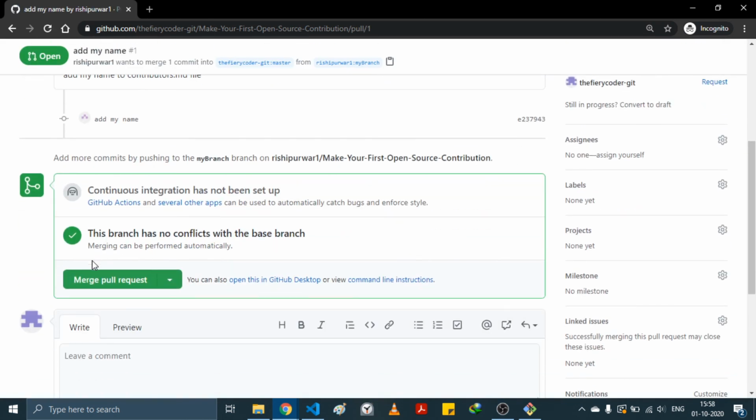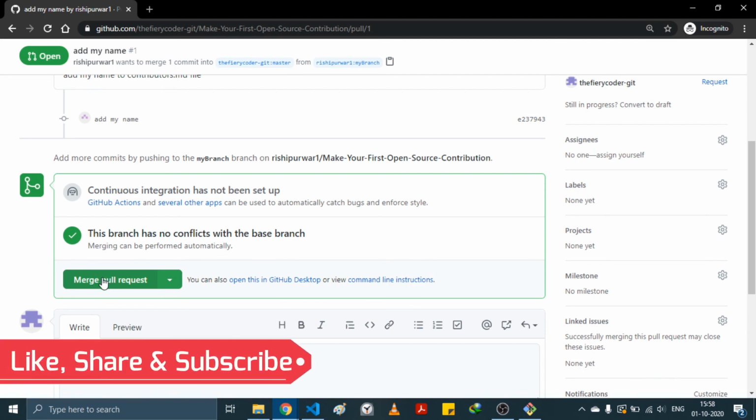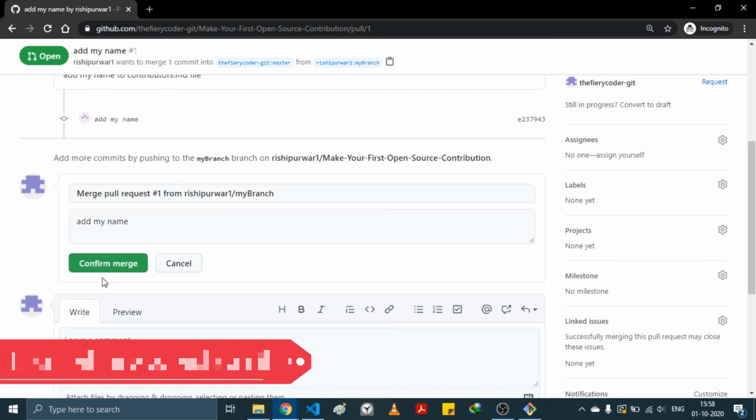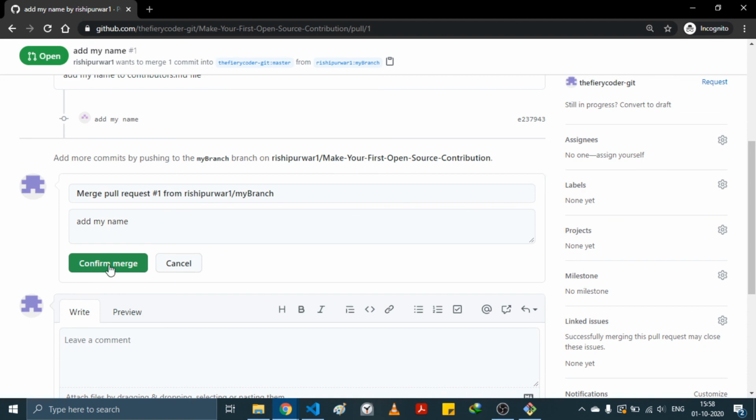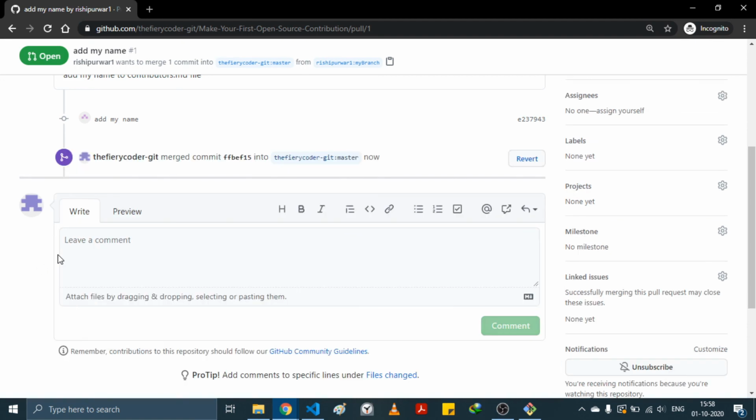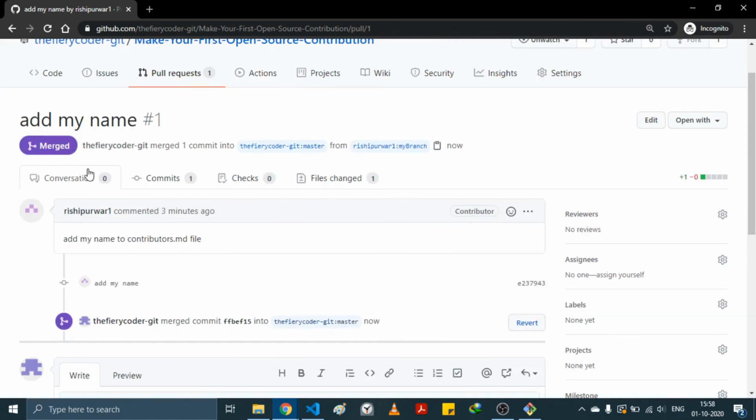If the owner wants to merge your pull request, he or she just needs to click on this merge pull request like so, and then click confirm merge. So now your pull request is merged into the master branch. By doing this, you made your first ever open source contribution.